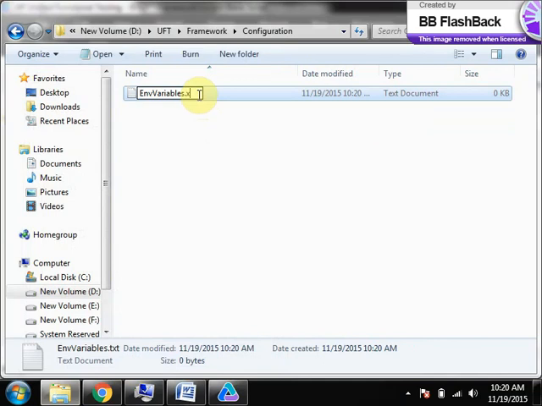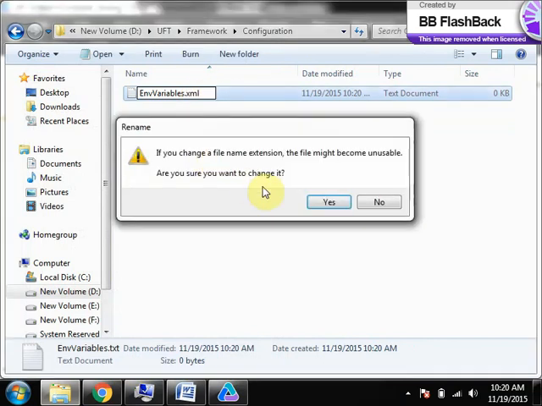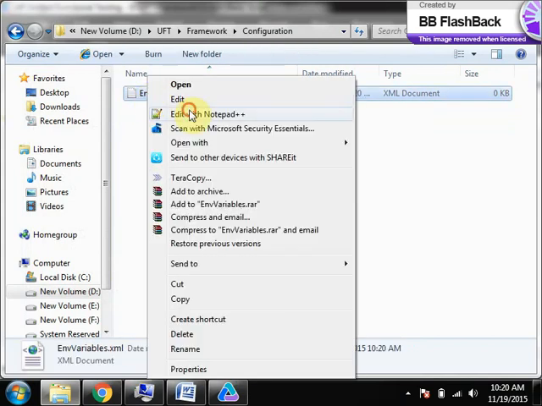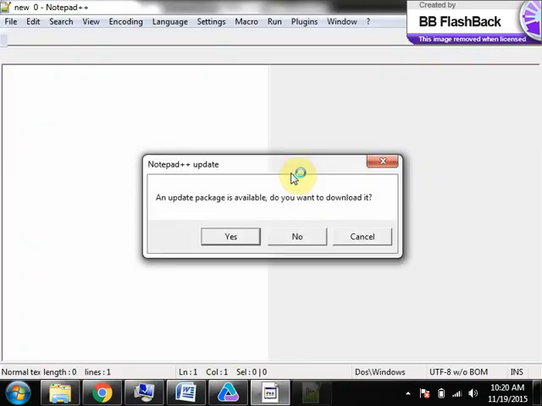Generally, an environment variable file can be either XML or INI. There are two extensions it supports. Then I'm creating an XML file, and then creating the environment variables.